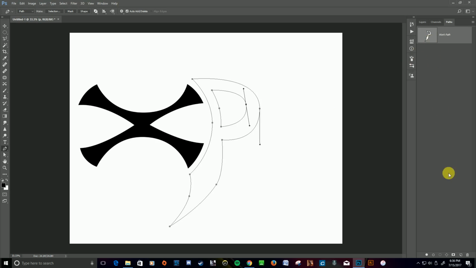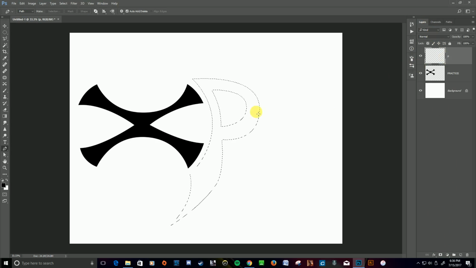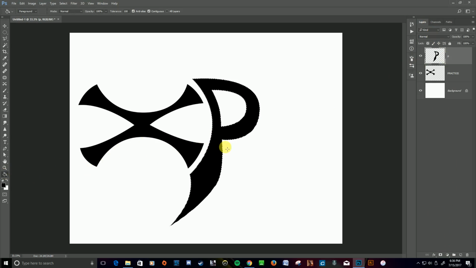I come down to the bottom of my paths and hit the little dotted line to make this into a selection. Go back to my layers. I'm already on my P. I click this. Remember, the default is going to be your paint bucket. And bam, there you are. Command D deselects it, and that's good enough for now. Now what I'm going to do